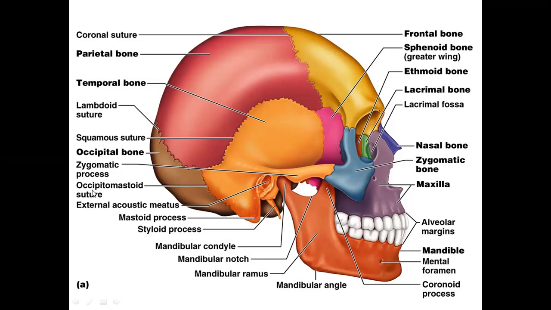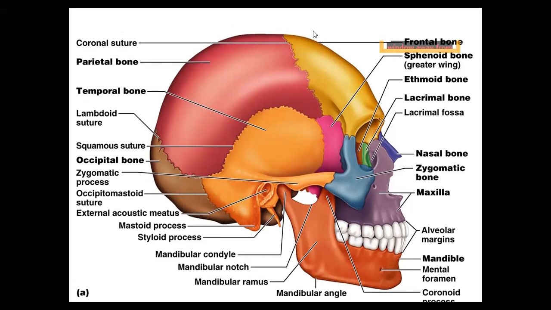The suture you find between the occipital bone and the mastoid process, see, this is the occipital bone and the mastoid process, you call it the occipitomastoid suture. If you have developed some logical thinking, you need not memorize things by heart, and you will be able to appreciate things much better. Whatever labelings we have found here, you are supposed to appreciate when you hold the skull bone. Now I will stop sharing my screen and I'll try to show the bone.